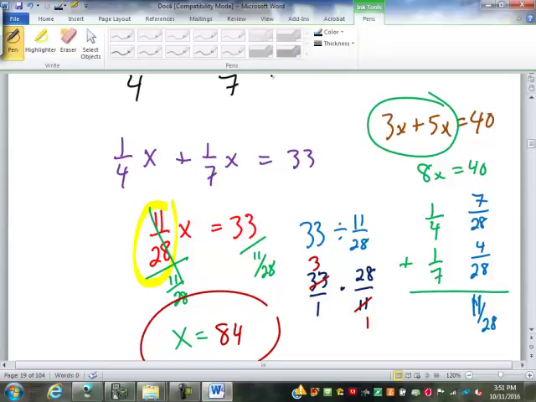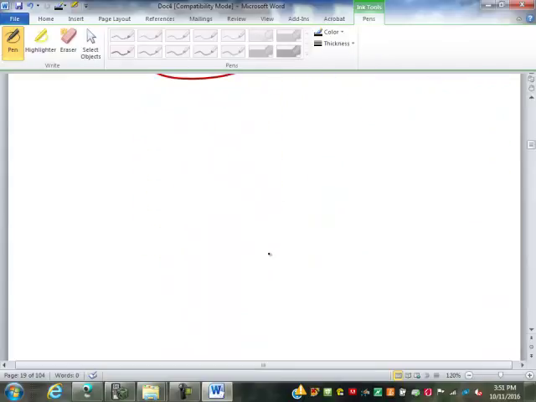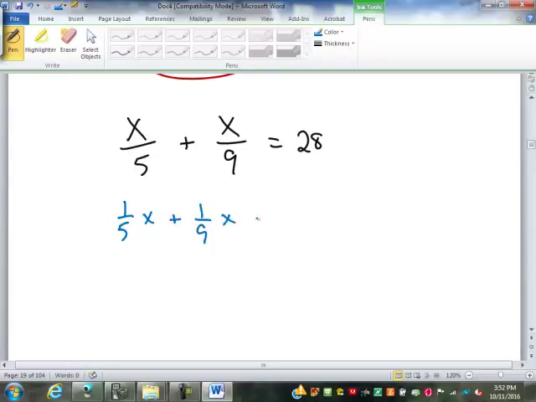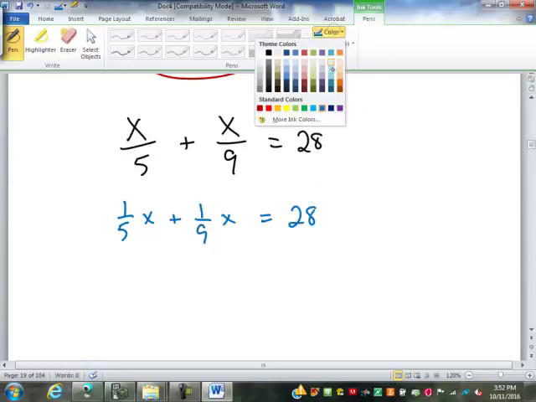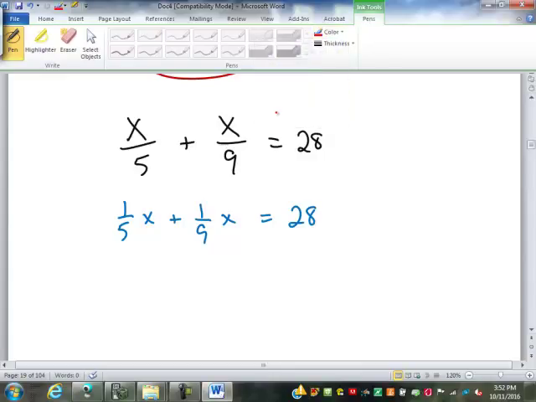Want to see another one like that? Okay. So we're going to have x over 5 plus x over 9, what the heck, equals 28. So again, this is going to be 1/5 x plus 1/9 x equals 28. Now I'm just going to add these. I'm not going to write them out for you, but you can confirm it on your calculator or do it yourself. 1/5 plus 1/9 is 14/45